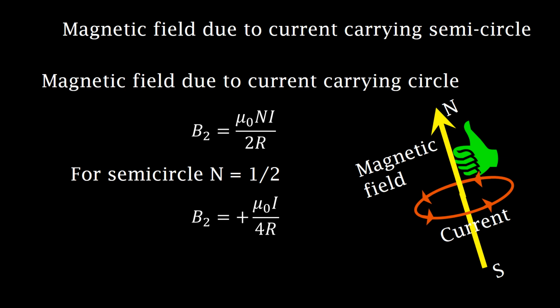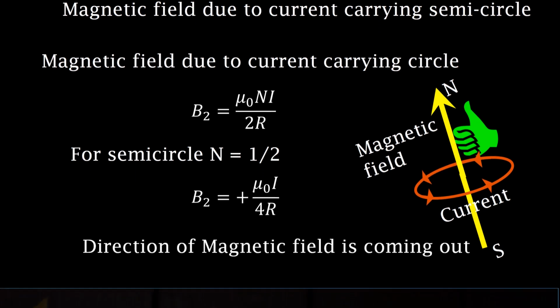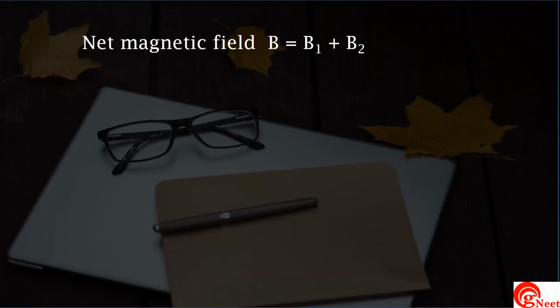So, B is equal to plus mu0 I upon 4r. We have two contributions to the magnetic field at point P. The first contribution B1 is due to the infinitely long conductors, and the second contribution B2 is due to the semicircular